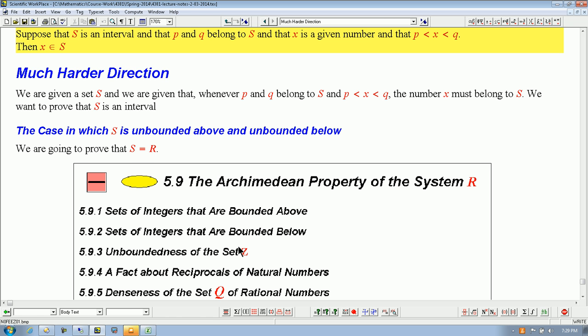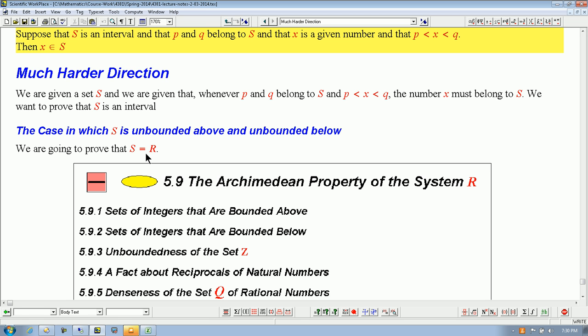When we're finished with this, I will worry about when the set is unbounded below and bounded above. Then I'll worry about bounded below and unbounded above. And then I will worry about bounded below and bounded above. And I think by that stage,